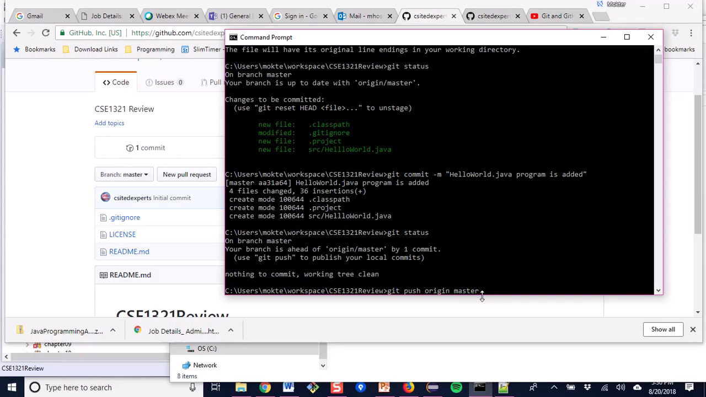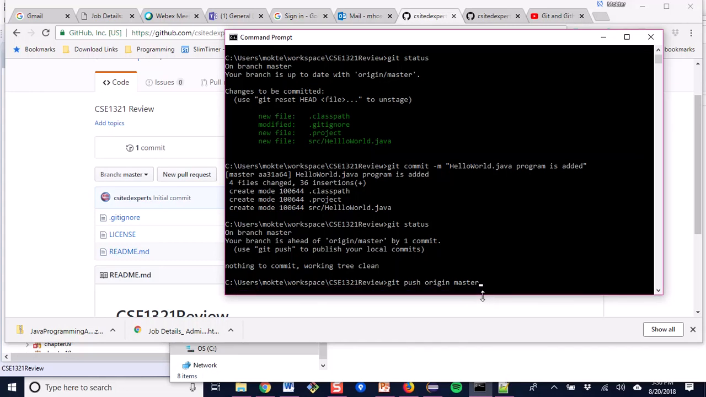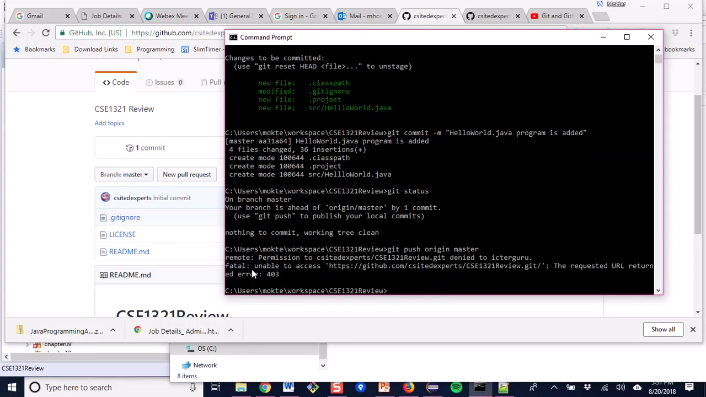Later I will show you how to create new branches, but here I am sending my code into the master branch. This is why I'm writing git push origin master. Then as soon as I click enter, within a few seconds it will show